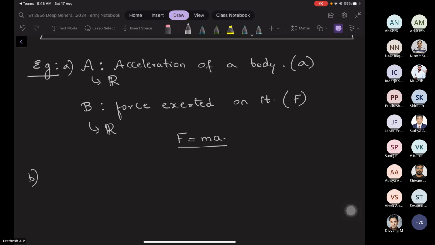Kinetic energy to velocity. Okay, how are they related? Half mv square. E is equal to half mv square. Velocity is v and energy is E. Okay, we can do that. Set A is velocity, B is energy. So there the relationship is